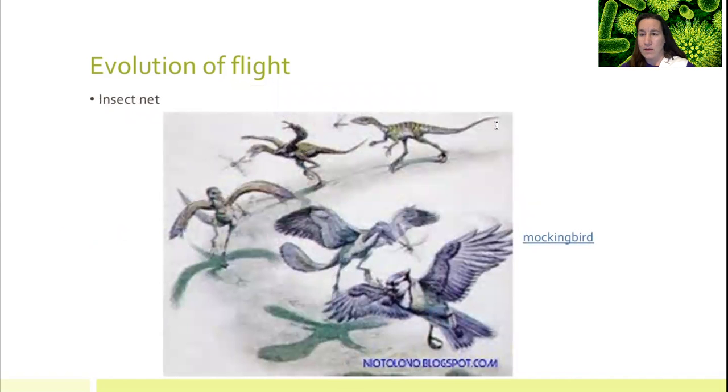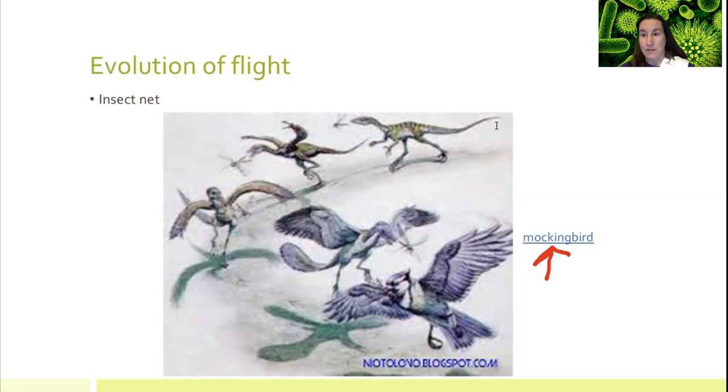Another theory is that they used their feathers, those wings, as an insect net. And we can see this in present day birds. So that's what sparked this possible theory. If you blow this up and you watch this video on mockingbirds, if you've never seen them do this behavior with the insect net, they put their arms out there and they cast a shadow, and so all the bugs underneath are like, what's going on, why is it all cloudy?